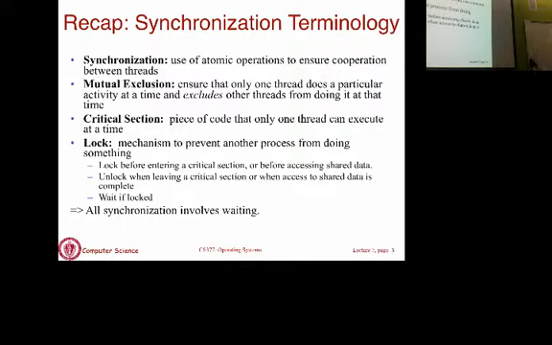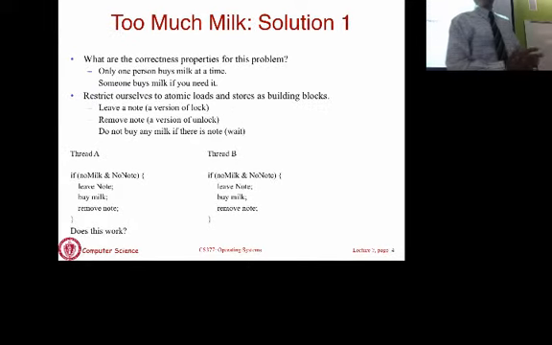Okay? So the way this is going to work is before you execute a piece of code that needs to be protected, you are going to acquire a lock. And when you exit that piece of code, you're going to release the lock. The piece of code that is protected is going to be called a critical section. The way you are going to protect it is the lock is going to prevent more than one entity from executing it. It's going to implement mutual exclusion for us. And we'll see examples of how to do all of this. These are just terms at this point. Just keep what I said in mind and we'll go through examples to see how all of this works.